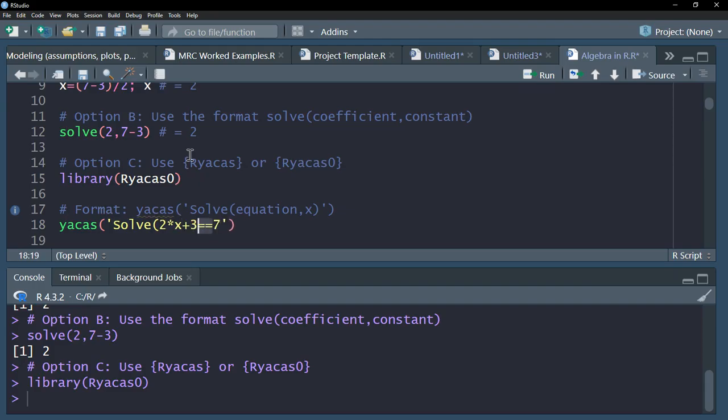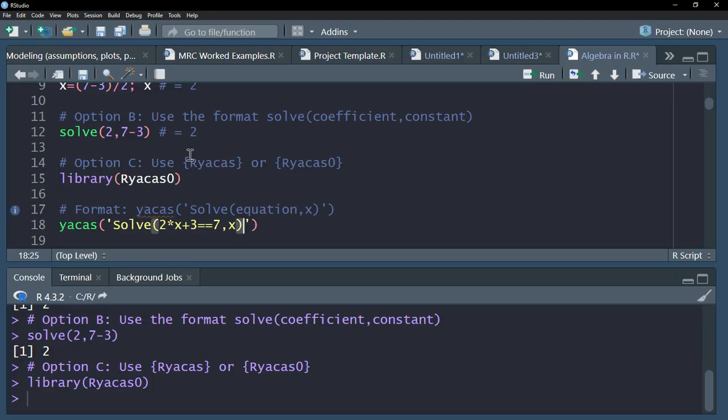And I'm putting 2 equal signs, which is really indicative of the fact that we're not assigning anything. We're literally saying it is equal to 2 times something, then add 3 is equal to 7. Then we say comma, then x, because we're saying, hey, by the way, solve for x,